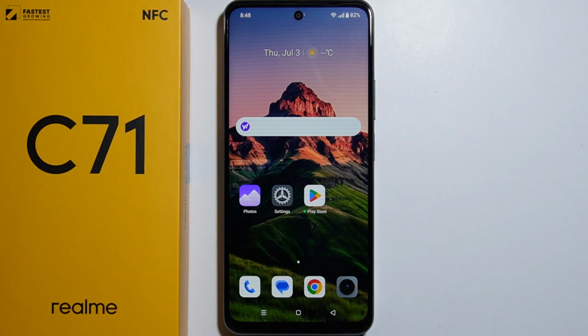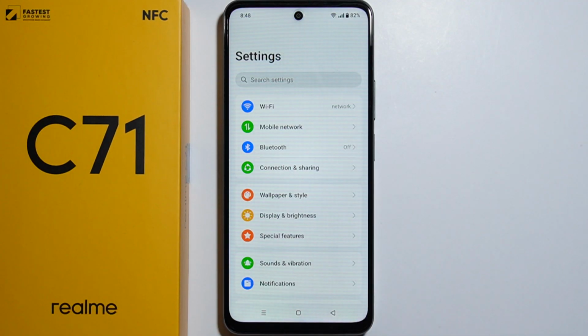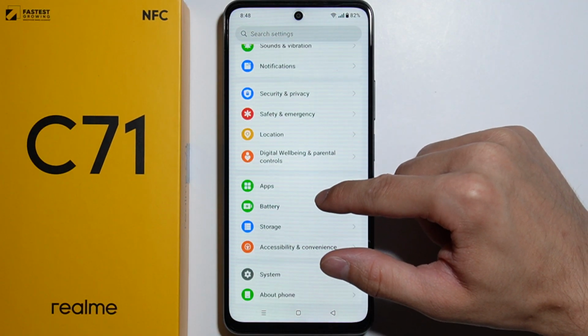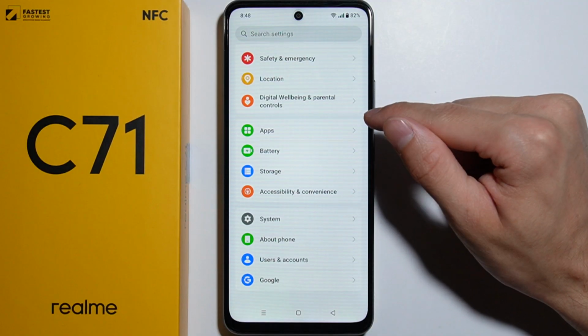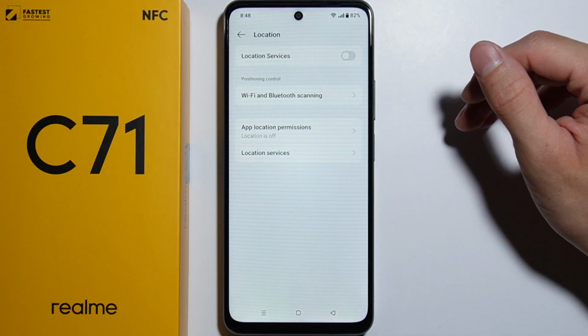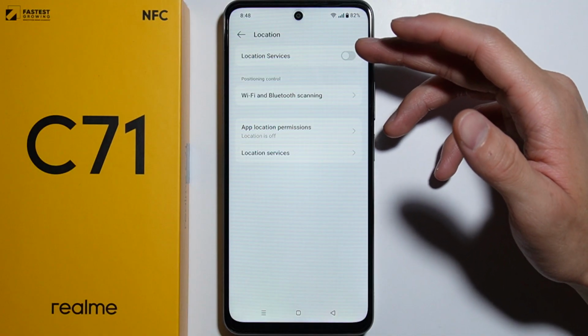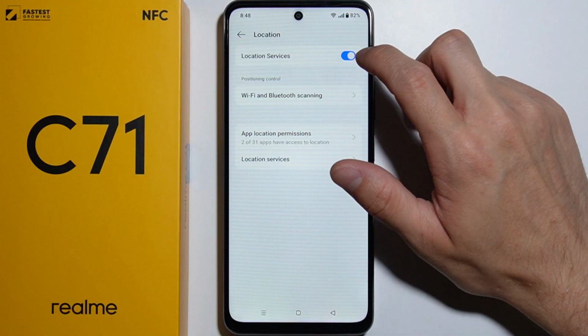To turn on or off location on the Realme C71, there are two ways to do this. The first one is you can simply go to the settings, and from here scroll all the way down, and you will be able to find the location. And as you tap on this one, here you can turn on and off the location services with this switch